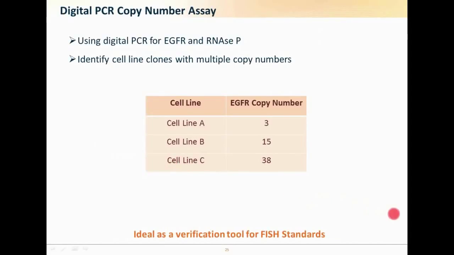We can also, with the digital PCR, and it's always tricky when I start writing talks not to start just selling the digital PCR machine, but it is a very flexible system. And so what else you can do with digital PCR is actually look at copy number analysis or copy number assays. For example, with an EGFR project that we have ongoing, we've been able to identify 3 different cell lines where we have varying numbers of EGFR, and this is a very useful tool for us prior to